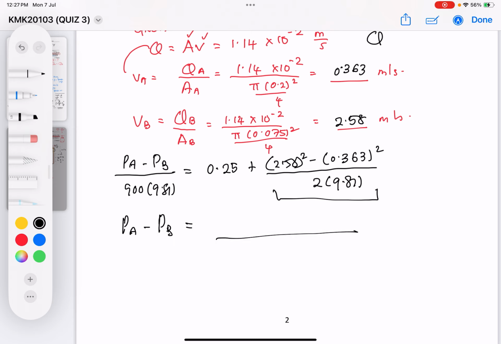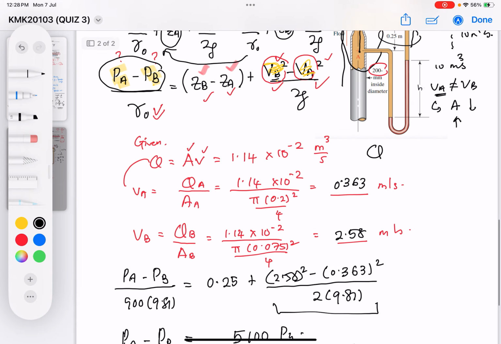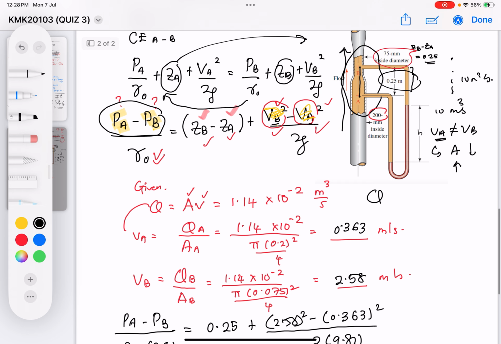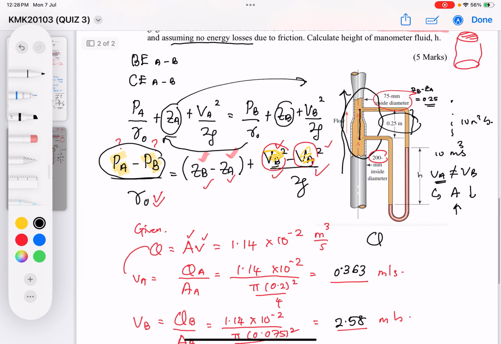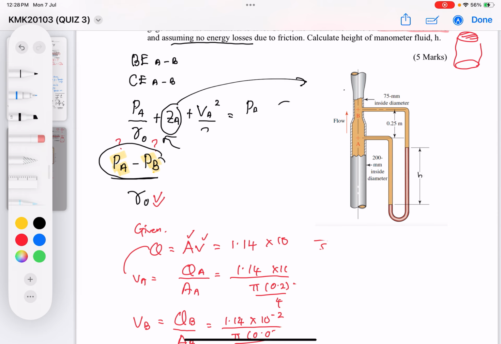This is the value of the pressure difference between point A and point B. So let's say I've got the value, I just put a random value, 5,100 Pascal. So now I already got the pressure difference between point A and point B by using Bernoulli's equation. Going back to the same diagram over here,